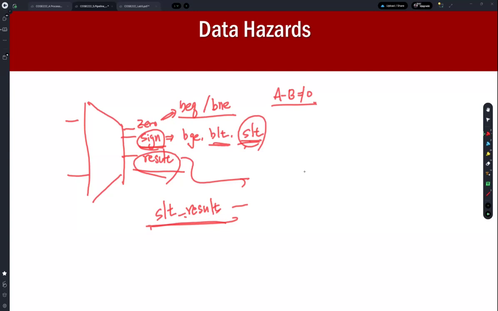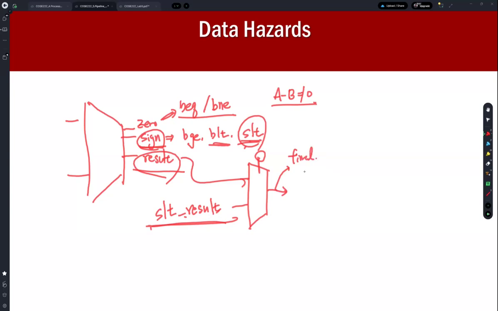This is the behavior of a multiplexer. So what should we do? We can use a multiplexer in order to select the result from the ALU or the SLT result. Thus, you need to define this selection signal, and then this becomes the final